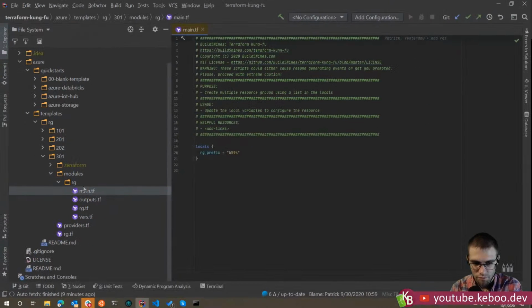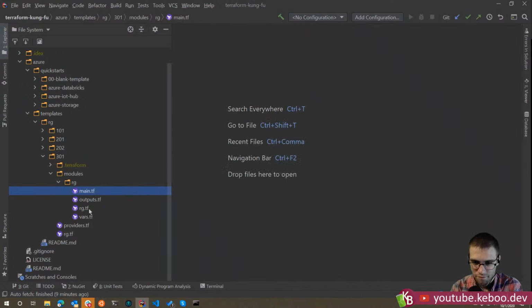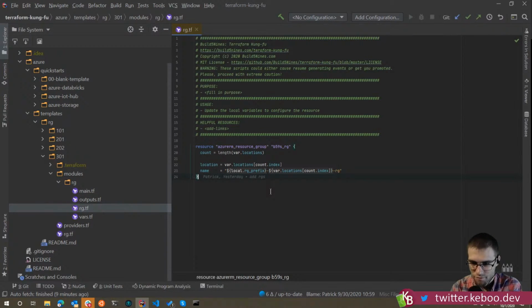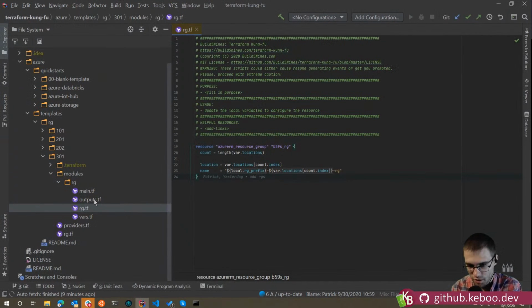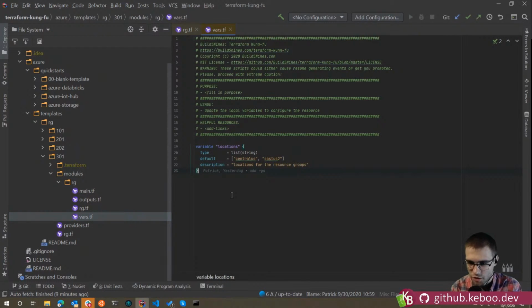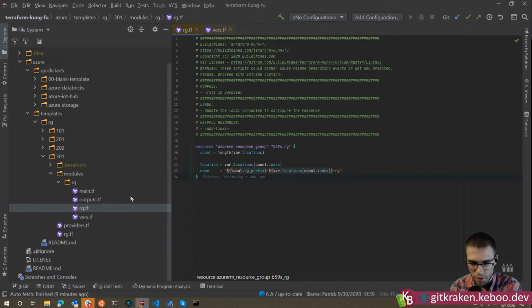So in this case here, we've got the RG. But these look really similar though, right? Like we have the same local, in main, nothing else in there. We've got the RG, same thing. We're still passing in the locations here too, right? We didn't really change the structure of this. Now, we may want to change this up and switch this back to the same scalar value. That way, if somebody wants to do multiple locations, it's not necessarily driven here. But again, I think, like I said, coming back to a little bit more of the art than the science here of what are you building and what makes sense for what's going to end up in the module.